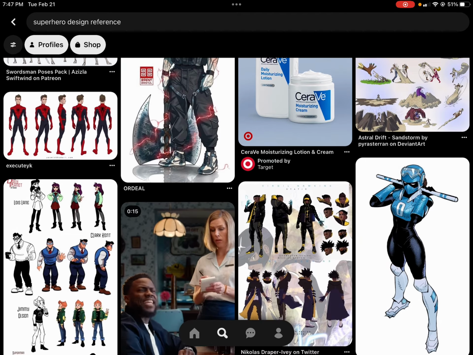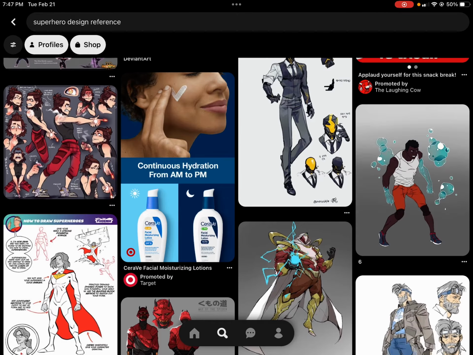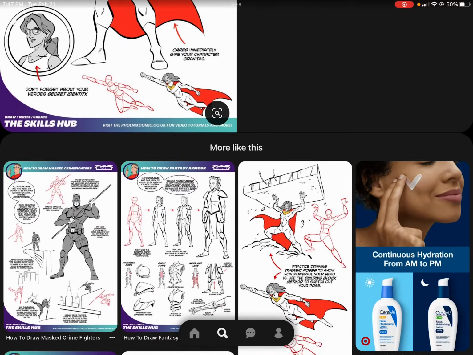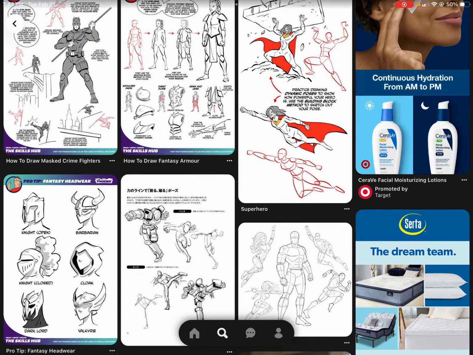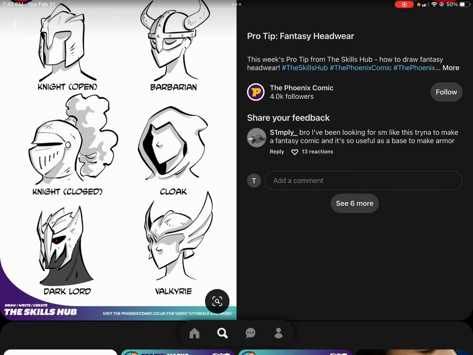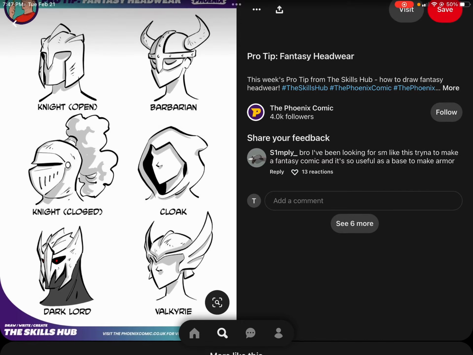It might come up like this, but you might see in the deep dark corners something like this. It tells you how to draw superheroes, how to draw dynamic poses, and there's multiple of them here. See here, we got the Valkyrie helmet, the Black Lord, the Dark Lord, night clothes, the cloak,